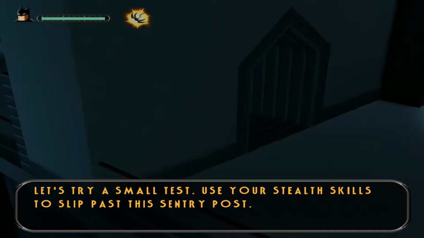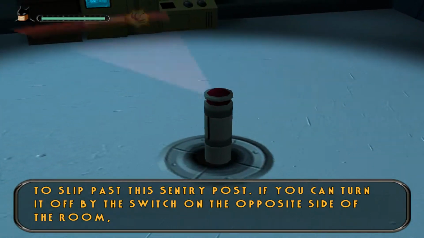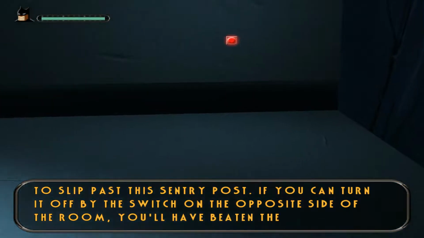most of it. Use your stealth skills to slip past this sentry post. If you can turn it off by the switch on the opposite side of the room, you'll have beaten the